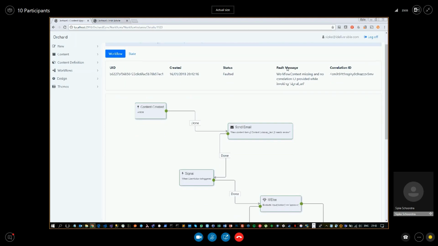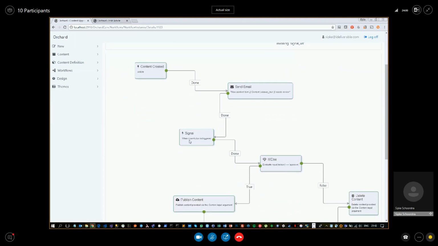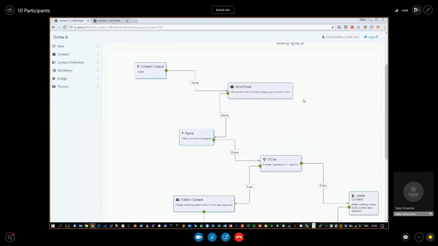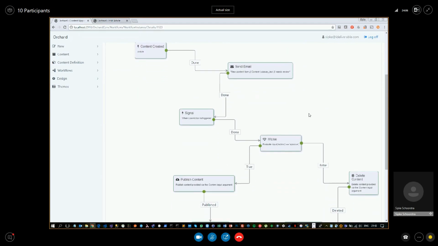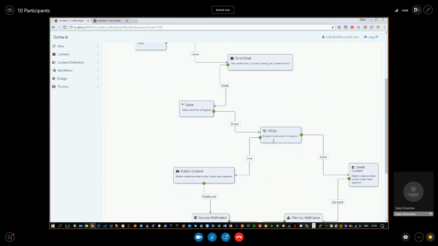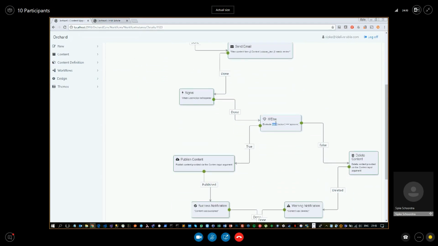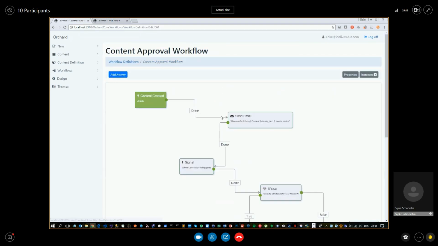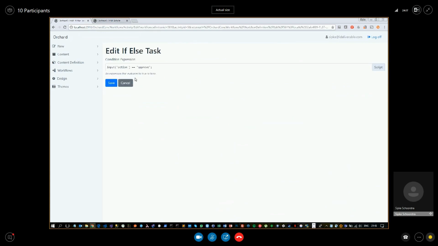So what would have happened if I didn't break it? It would have been waiting for the signal here, and then when the user received the email and clicked on either approve or reject, it would continue to this guy here, and this is an if-else activity. It allows you to enter JavaScript or script, depending on the script setting on the workflow definition.